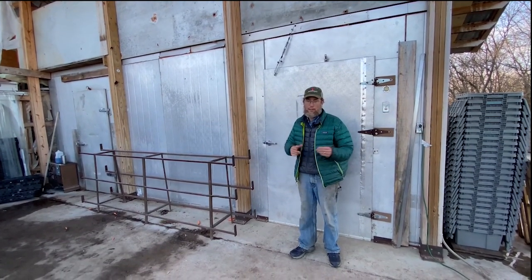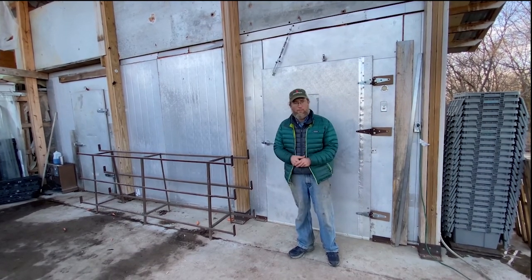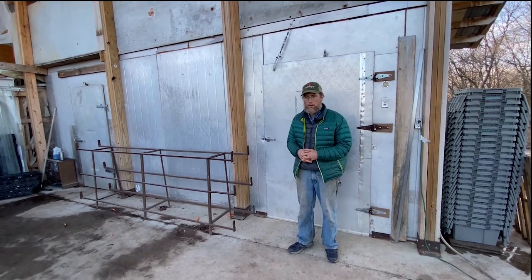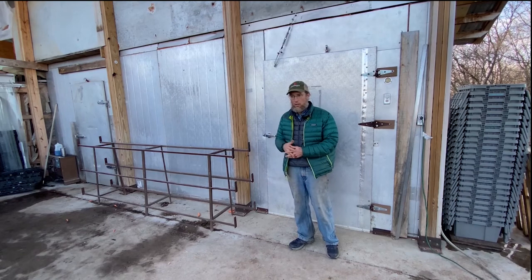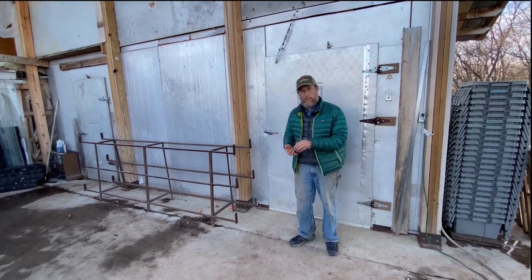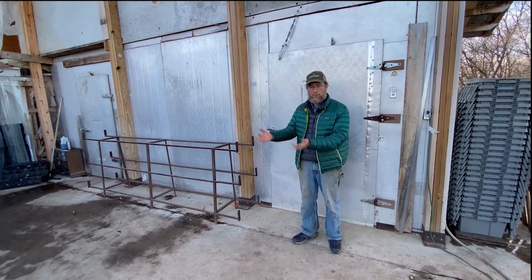So we now have a warm room and 2 cold rooms. And by a warm room, I mean a 55-degree room. So why did we do so much expansion? Well, the bottom line is, when we harvest radishes or head lettuce or squash, any of those relatively tender vegetables,